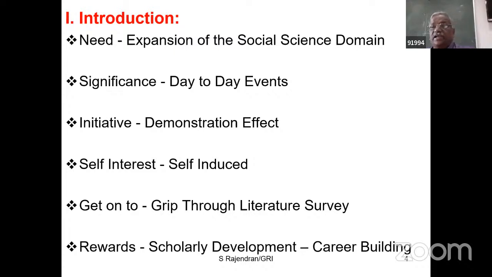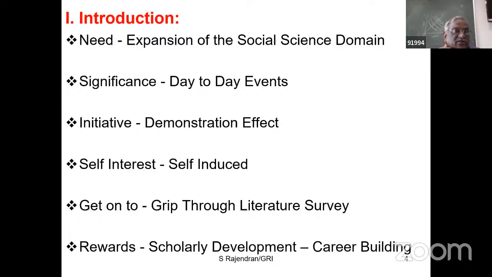In the morning, we discussed at length the importance of social science research and also what makes an individual get into social science research. I think during the question and answer session, our lovable research scholar remarked that there are difficulties in measuring the inferences at the field level, and sometimes bias erupts. That is why we always say social science research is much tougher than natural science research.